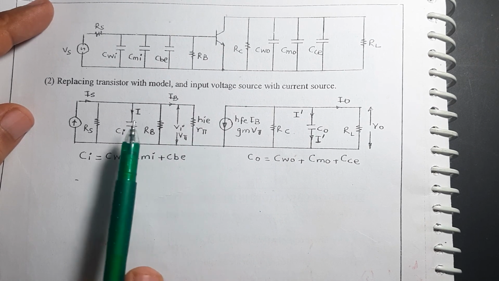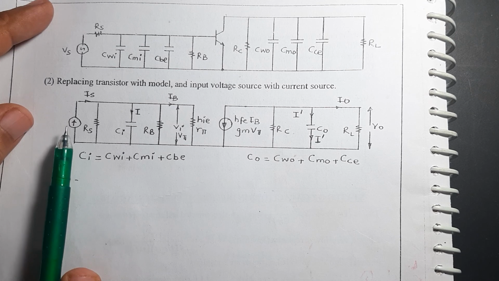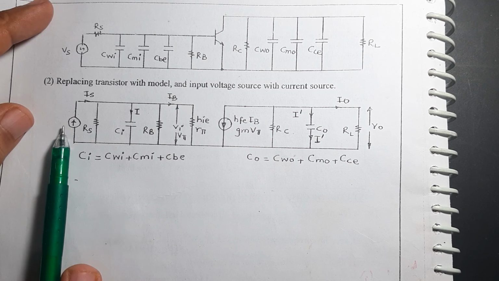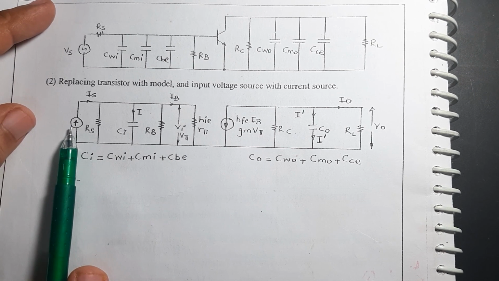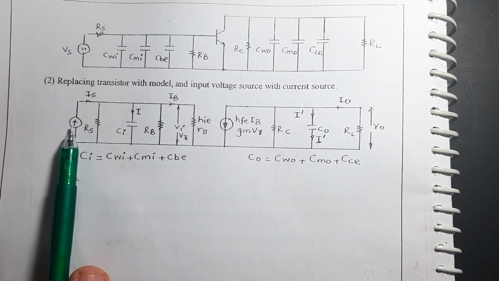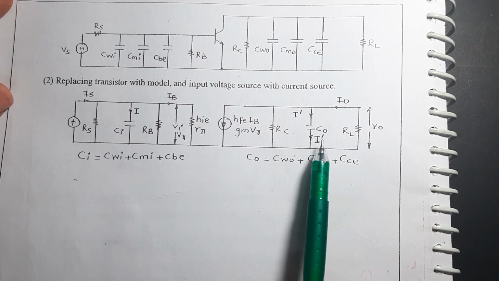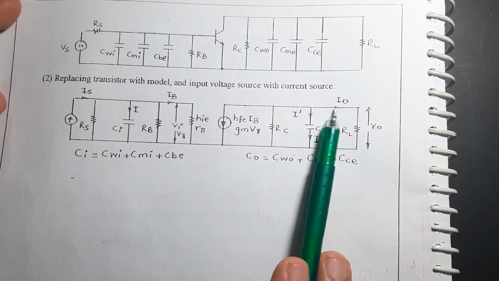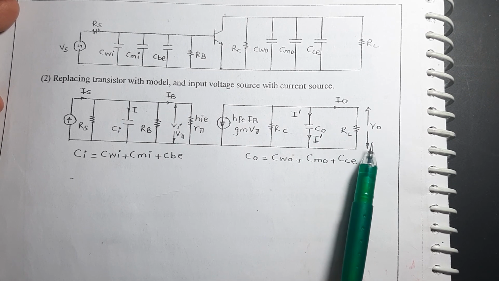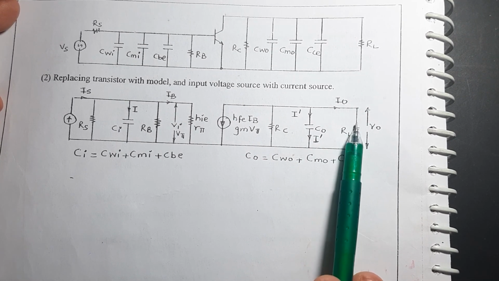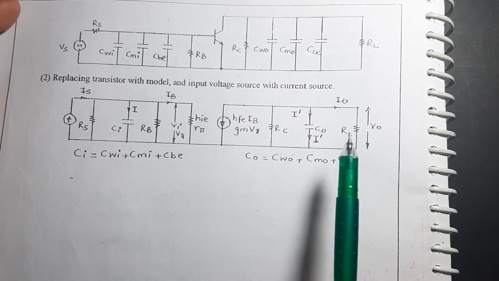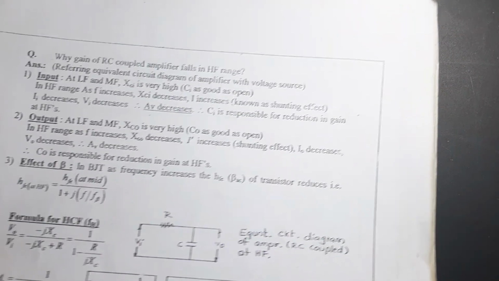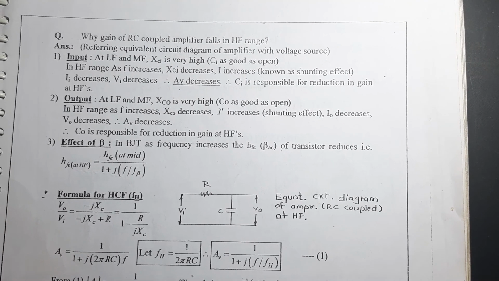Wherein your R-pi will be there, RB will be there, RS and VS. In order to calculate high frequency response, you need to convert your VS into RS parallel IS, which is the source transformation that we studied in your first year BEE. Since your RL will be present, the output current flows through RL, and of course if IO flows through RL, VO will also develop over here. So this was the development of the high frequency model of BJT along with AC analysis.